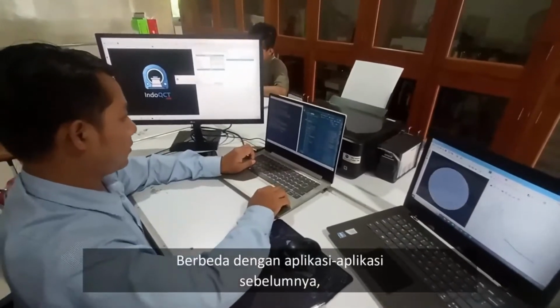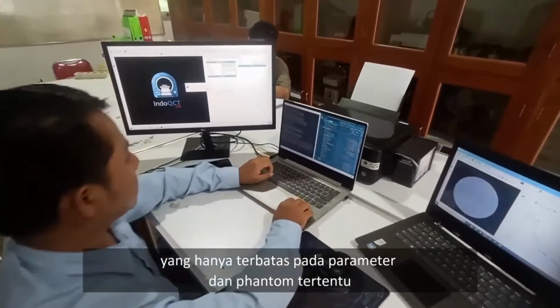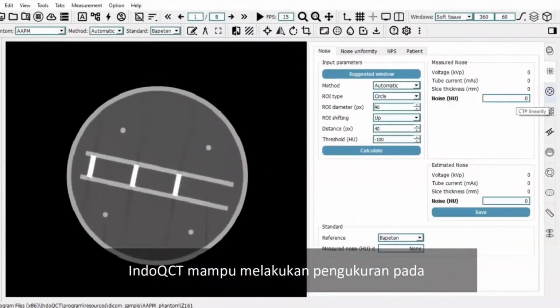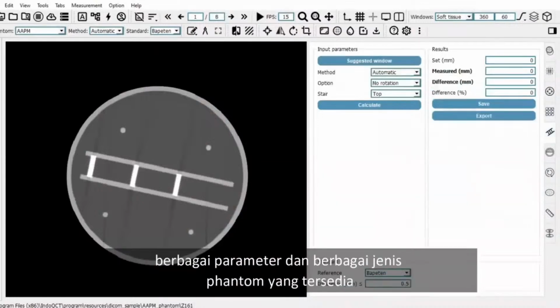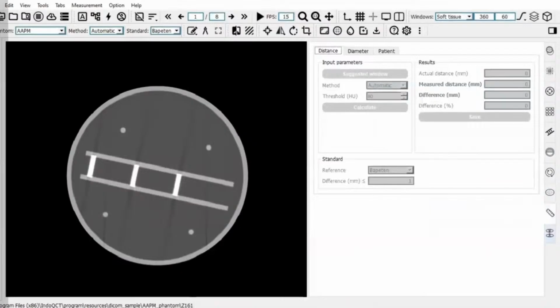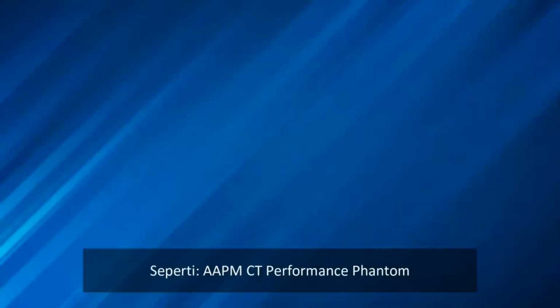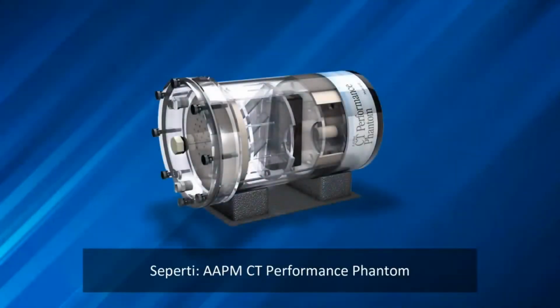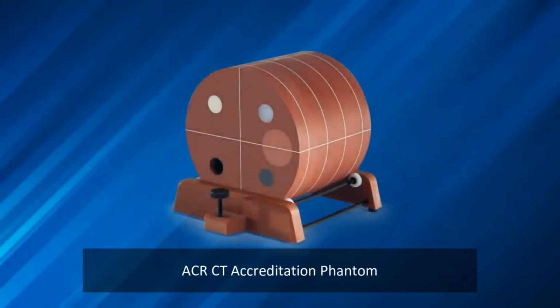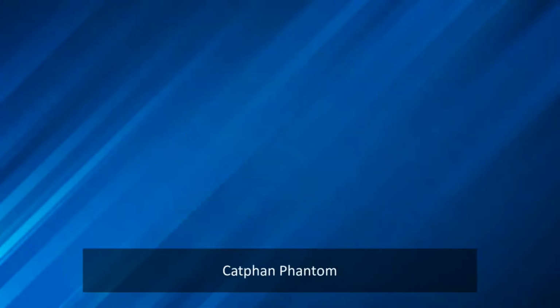Unlike previously available software which were limited to certain parameters and phantoms, IndoQCT is capable of measuring various parameters from a variety of available phantoms, such as the AAPM CT performance phantom, the ACR CT accreditation phantom, the CAPFAN phantom,